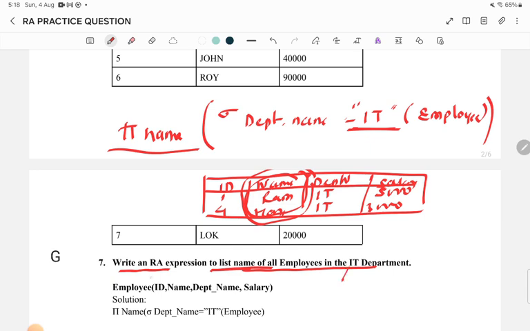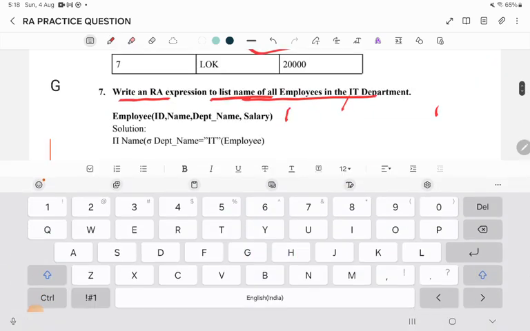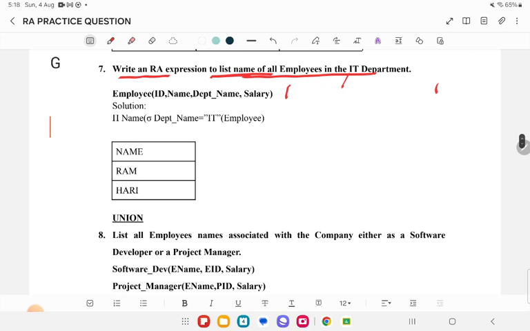So what will be the answer? List the name of all employees. What will the answer be? The answer will be only the name. Okay, see, the answer will be the names Ram and Hari. Fine, let's go to the next